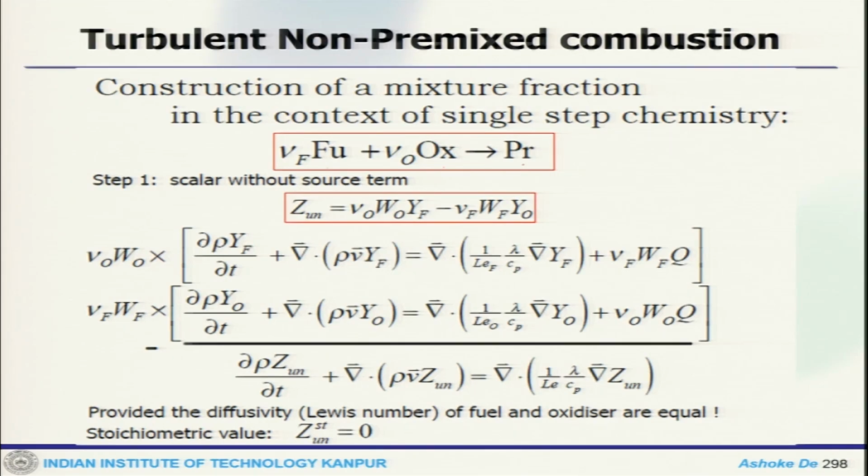Now, we find out the scalar without the source term. So, that means Z_UN, which is defined as nu_0 W_0 Y_F and nu_F W_F Y_0. This is how it is defined, and what we can see now,